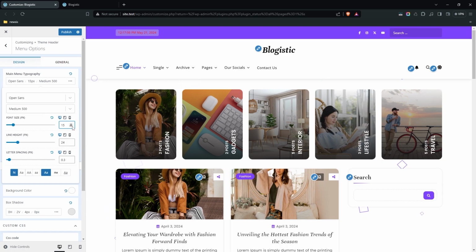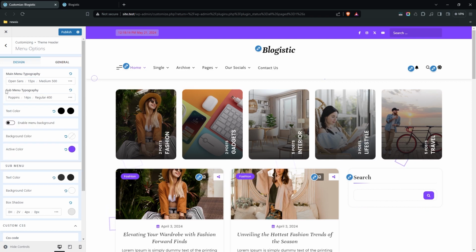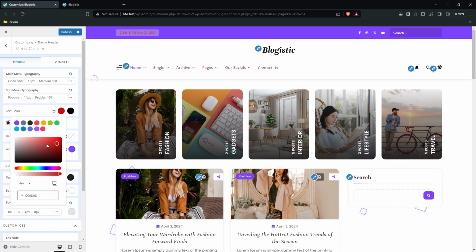You can also edit font size, line height, letter spacing, and select letter case. Likewise, you can also edit typography for submenu, initial and hover text color,